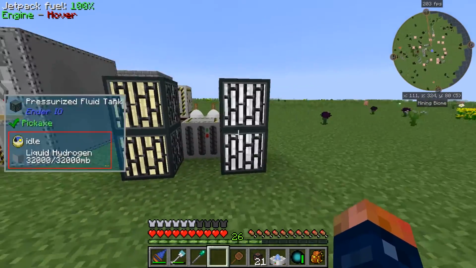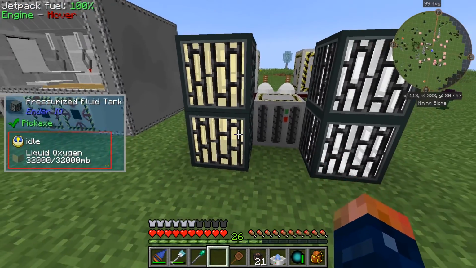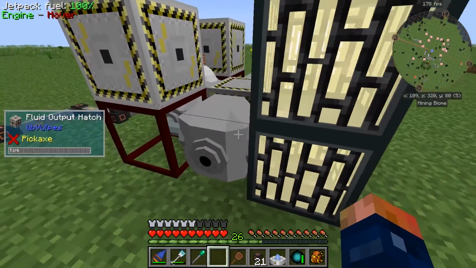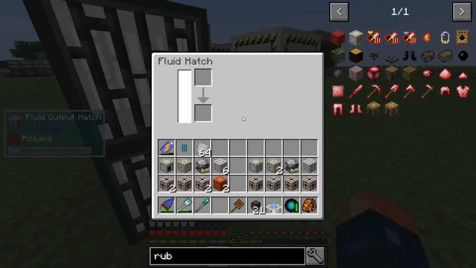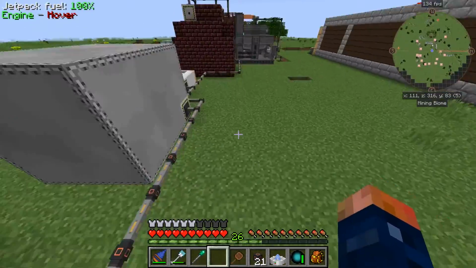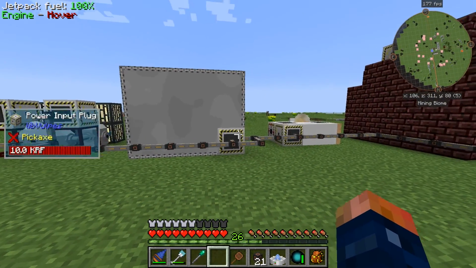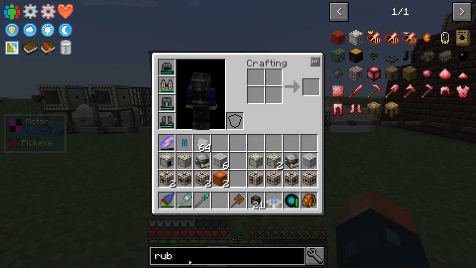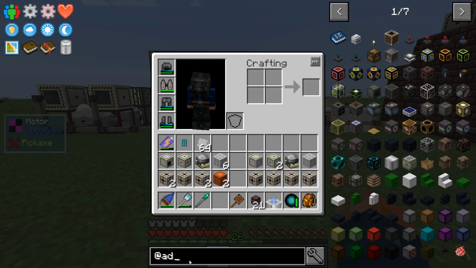Over here, I just added 2 pressurized tanks. These both will now equal 64 buckets worth of fluid, plus this holds 16 buckets itself. So that should be quite a bit of fluid to get started. But before we even start working with this today, I want to set up a rolling machine. Because last episode I was wondering how you make these tanks from Advanced Rocketry,